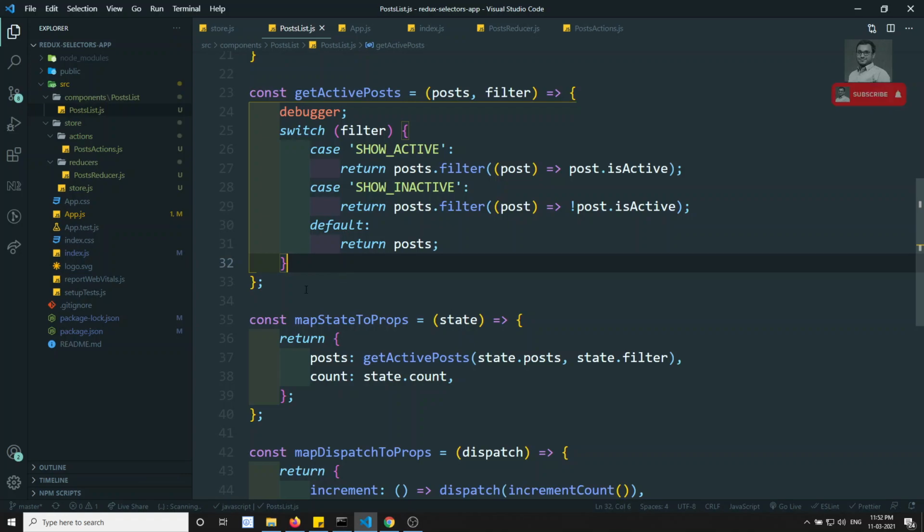So how can we overcome this? It would be nice if this function executed only when the data related to its parameters changed. If the count variable is updating and this method still executes, that is a bad thing. In the next video, we will see how to overcome this by using selectors in Redux, the same selectors concept we have used in NgRx. We will use the selector concepts here to overcome this scenario.